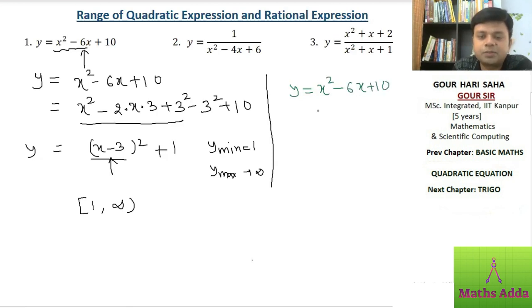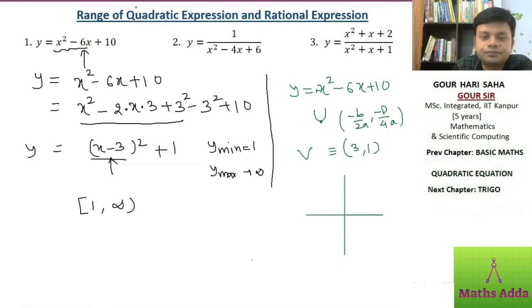y is equal to x square minus 6x plus 10. What I will be doing, I will be plotting graph and then see which part of y axis is covered by the graph. So I see it is plus x square, right? Here plus sign, so it will be open upward. And if I find vertex, then we can plot the curve. What will be vertex? Vertex is minus b by 2a comma minus d by 4a, right? So what is vertex here? Vertex is minus b, that is 6 divided by 2, that is 3, minus d, d is 36 minus 40, minus 4, minus minus plus 4 by 4, that is 1. So vertex is 3 comma 1 and then it is open upward.